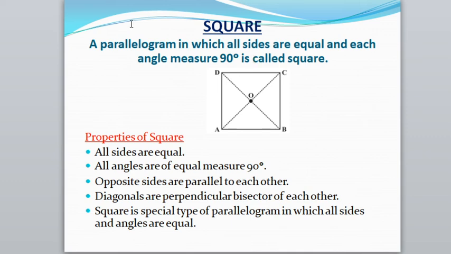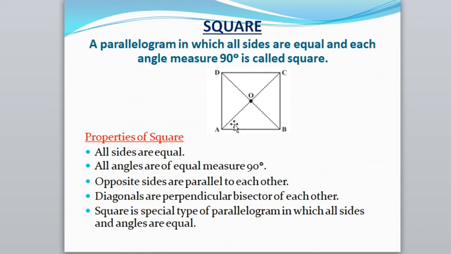So square means a quadrilateral with four sides in which all four sides are of equal length, and in that the number of angles is 4, and all four angles are of 90-degree measure, then it is called